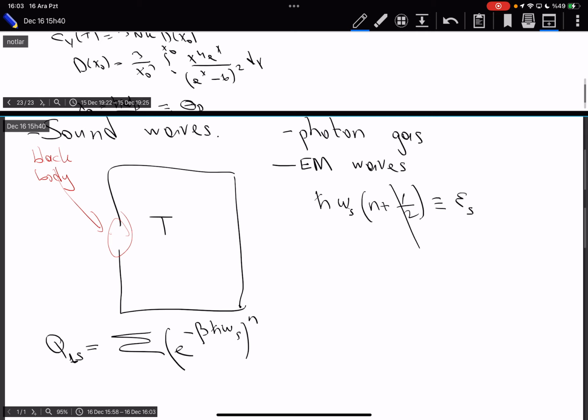This is for a single oscillator, and n goes from 0 to infinity. And this is